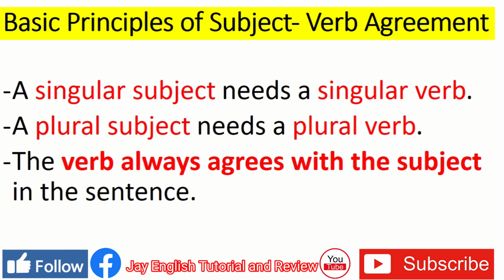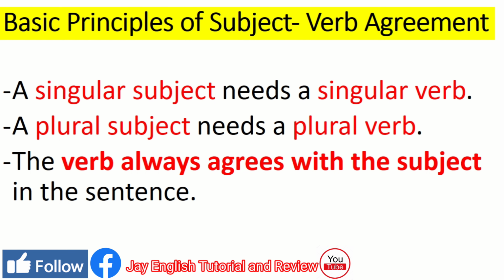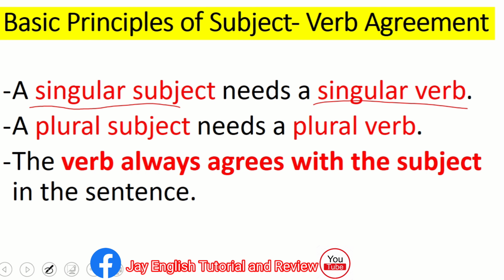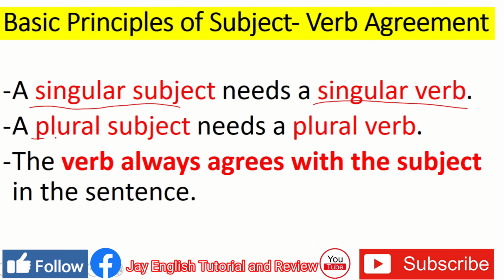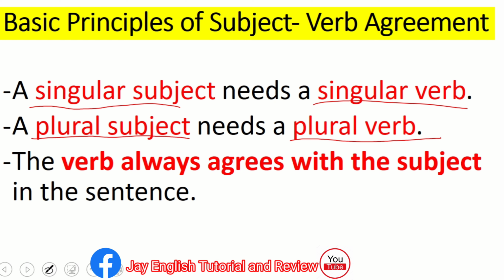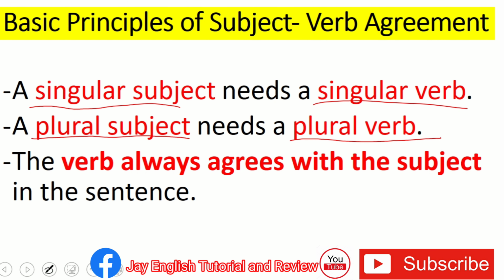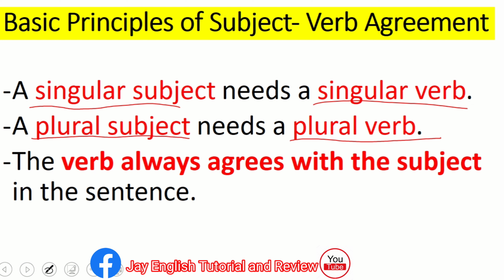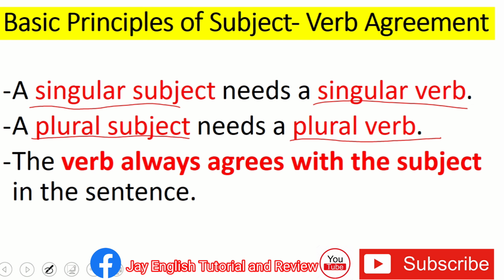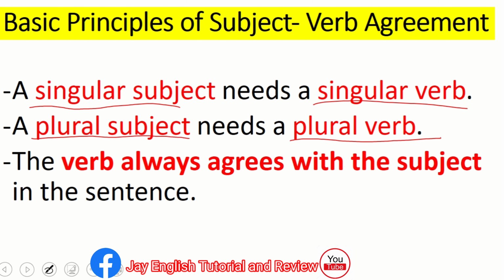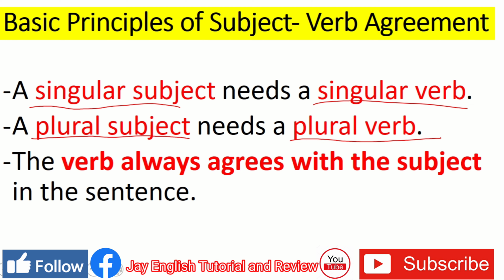A singular subject needs a singular verb, so that means singular to singular. A plural subject needs a plural verb. And the verb always agrees with the subject in the sentence. Okay? So it means that you cannot pair a singular subject with a plural verb, or you cannot pair a plural subject with a singular